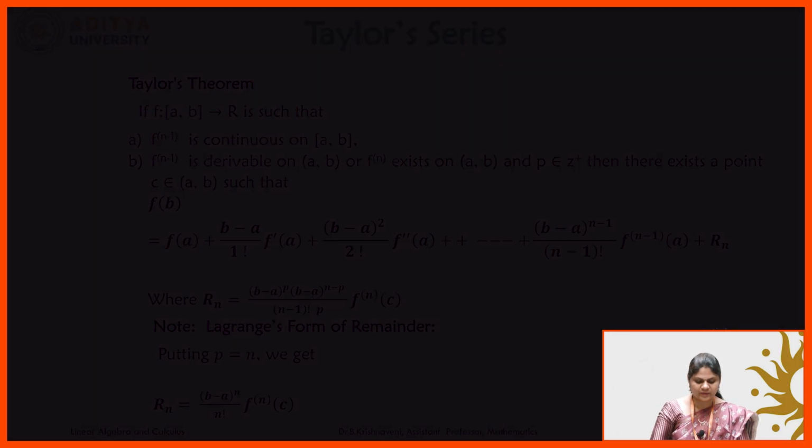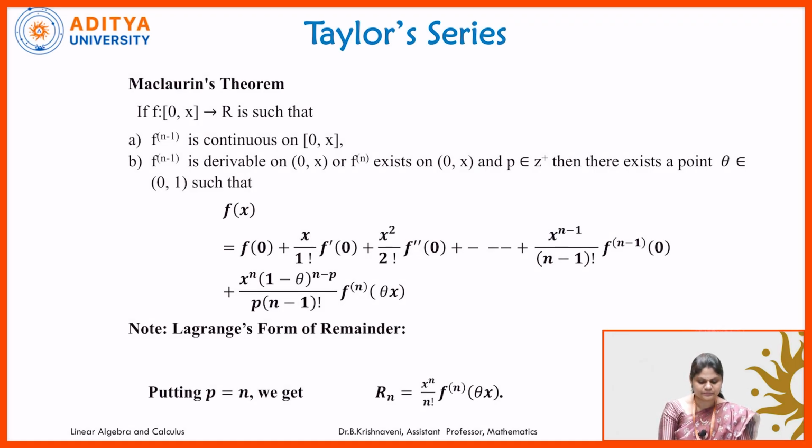Next is Maclaurin's theorem. It is also a Taylor's theorem with the interval [0, x] to R. So in the above theorem, if you do this, we will get the Maclaurin series. That is, f: [0, x] → R is such that the (n-1)th derivative is continuous in the closed interval [0, x], the (n-1)th derivative of f is derivable on the open interval (0, x), or the nth derivative exists on (0, x), and p belongs to Z+, then there exists theta belonging to (0, 1) such that